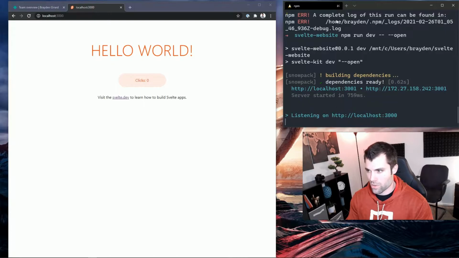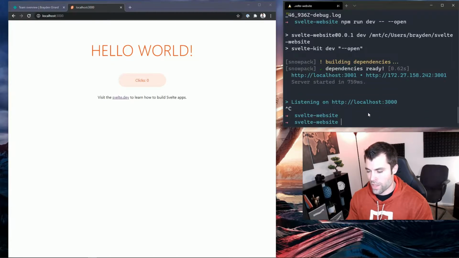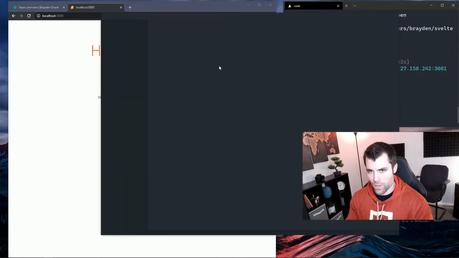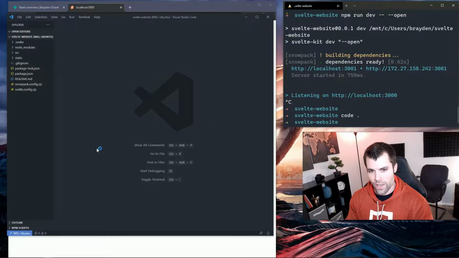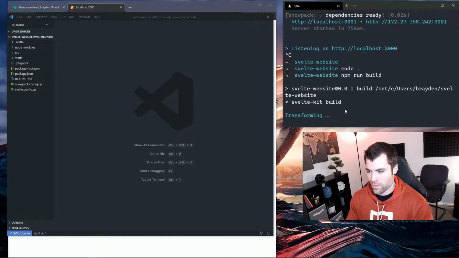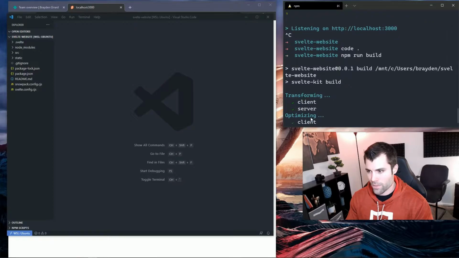So I'm going to stop this for a second, and I'm going to open the project up in my Visual Studio Code, and we'll take a look at it. And there's a couple things that we have to change. By default, when you build your SvelteKit project, it builds it to be run by node. Okay, so when you do an npm run build, it builds the project, but it builds it into the